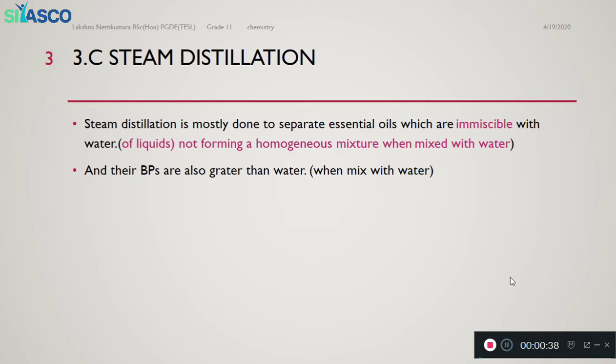The principle behind this steam distillation is that when water-soluble compounds mix with water, they make a solution with a high boiling point. So remember that volatile compounds within the cell also mix with water and make a solution with a high boiling point.